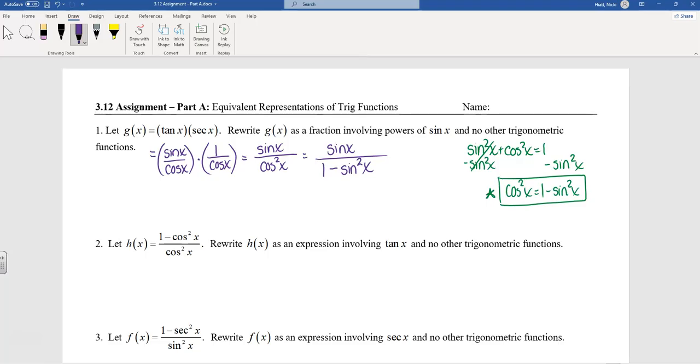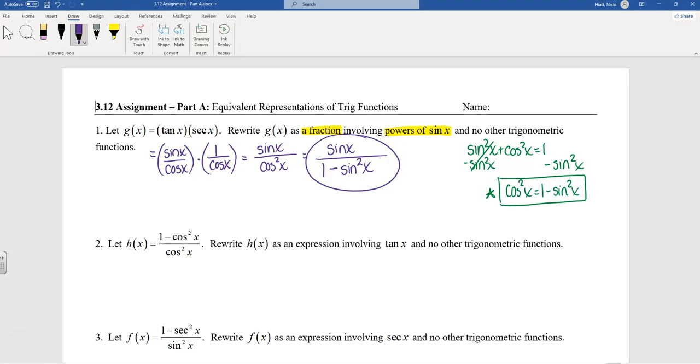Now, look at what they were asking us for. Rewrite g of x as a fraction. Do I have a fraction? Yes. Involving powers of sine and no other trig functions. I've only got sine, right? No other trig functions. I have a power right there. And even though it's not written, technically this is to the first power, so I have a power of sine there. I've got what they asked me for. So I'm going to stop, right? This is the answer. This is good. It's not going to simplify further